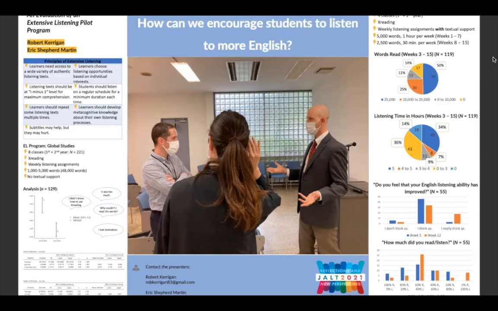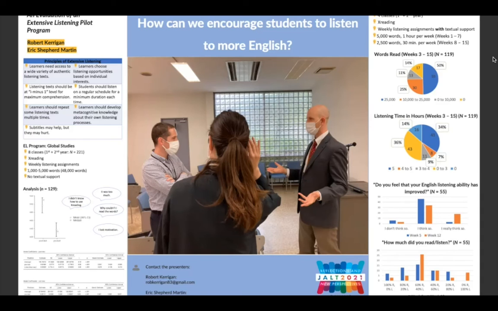During a week 7 survey, I asked them if they thought the goal should be changed. 75% said that they wanted to try listening only for 30 minutes, but that they wanted to do that every 3rd week. So 2 weeks with text, 1 week without for 30 minutes. 65%, however, said that they wanted the word goal lowered, which in retrospect would make sense, as they might need more time to listen to fewer words. So from then on, the amount was reduced to 2,500 words a week and 30 minutes of listening.